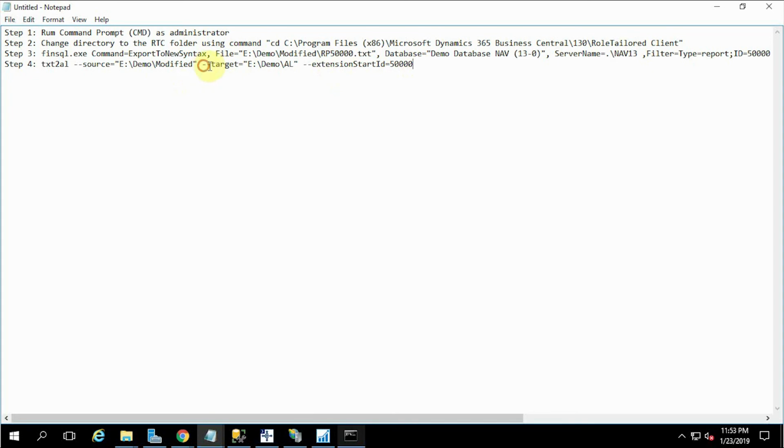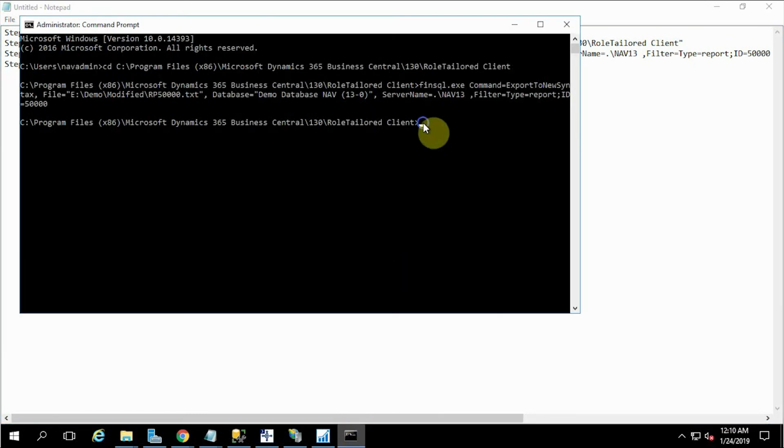So you can see the target path. This is the path where the AL file would be generated, and the extension start ID is showing what would be the first number that would be assigned to your object once it has been converted to AL. Just copy this and paste it here, and if I press enter,